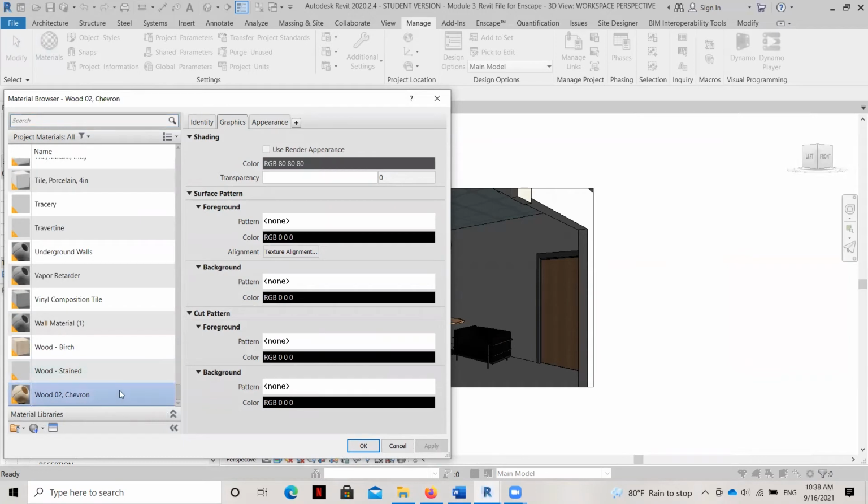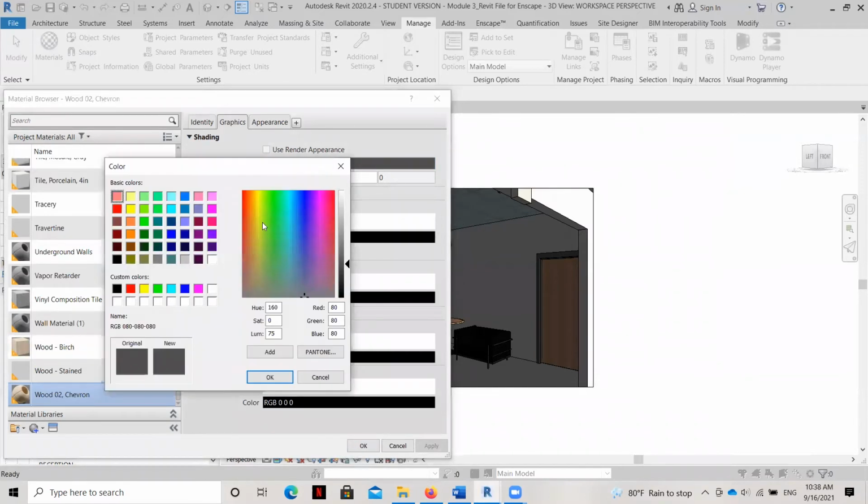And that is, I would like to change some of the graphics and appearance just so that I know that they're applying correctly when I look at my Revit rendering. So when I apply this wood, I want to make sure that it doesn't show up as gray. I'm going to just assign it kind of a warm brown color, if I can get there.